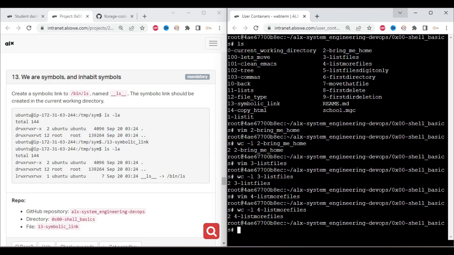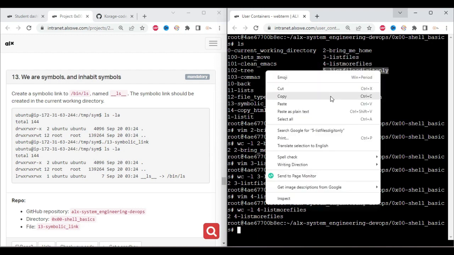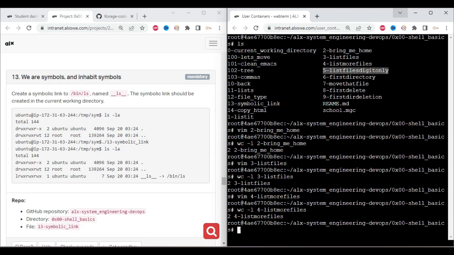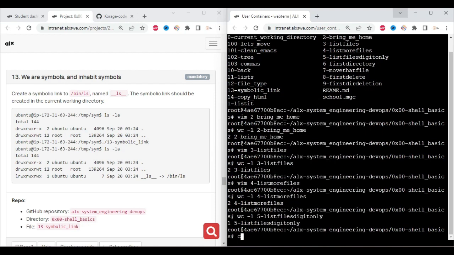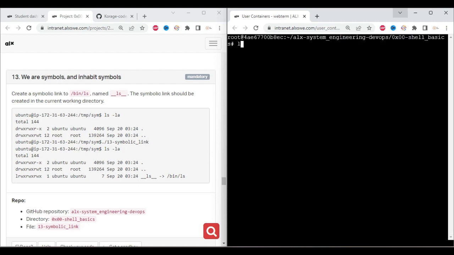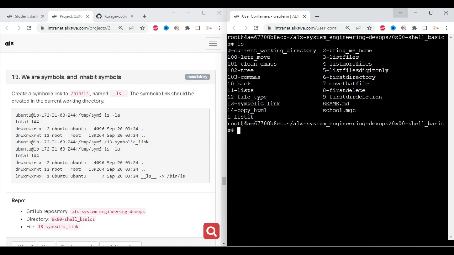Then the next one is 5 list digits only. Okay, before we go and change it, let's confirm that it actually has a problem. Okay, it does have a problem. So clear, ls, then we